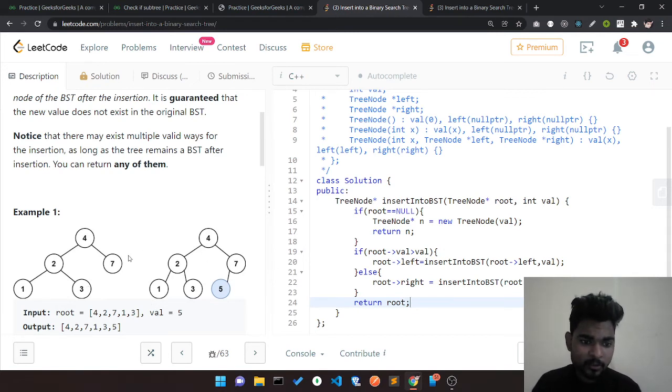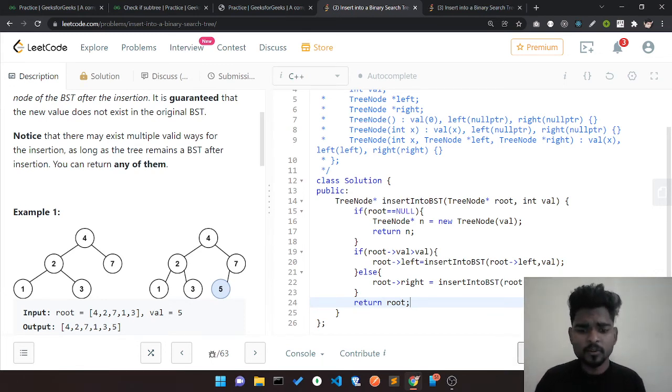It means it returns this current node. Again it comes to here and returns this, and all the functions simultaneously return. It's actually the recursion part, so we don't care about that. We just do the recursion part, as well as some manipulation which helps us.